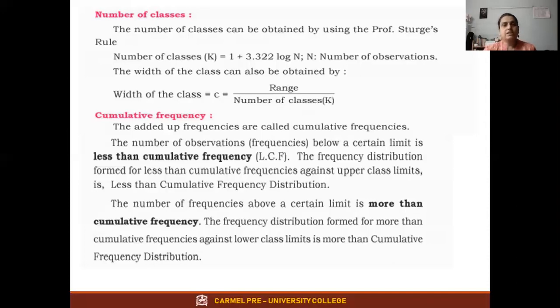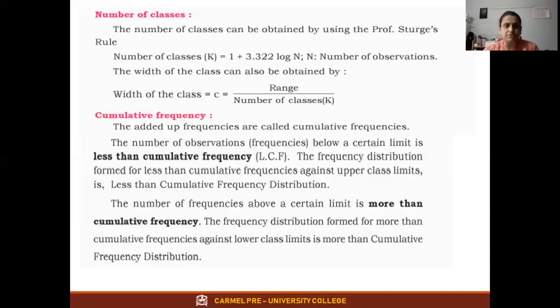One is inclusive class interval, example, 0 to 9, 10 to 19. There is no continuity, 9 and then 10. Whereas exclusive class interval, example, 0 to 10, 10 to 20. So 10 and 10, there is continuity. And open-end class interval, but we will be mostly focusing on inclusive and exclusive while we are forming the continuous